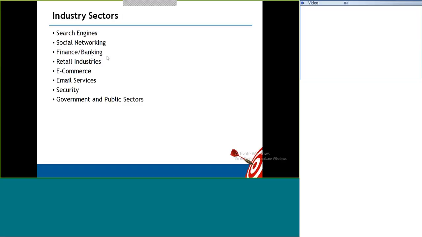In financial banking, Bank of America is into Hadoop, Wells Fargo is into Hadoop, and Chase is into Hadoop. Everybody who wants to deal with big data to do analytics in a big way is using Hadoop. Retail industries like Walmart, Target and Best Buy are in Hadoop, for recommendations for the products when customers are buying online. E-commerce like Amazon, eBay and Flipkart are all using this Hadoop architecture for dealing with their data in terms of storage and processing.